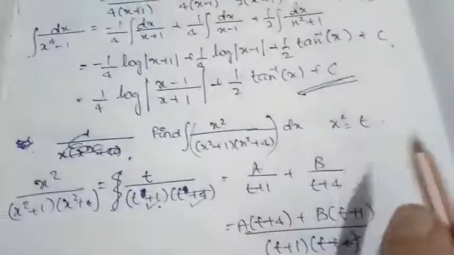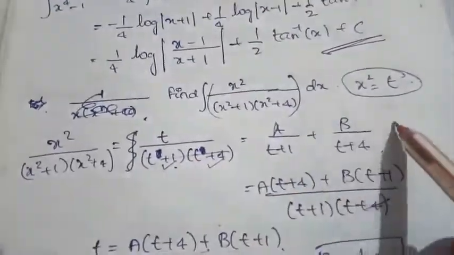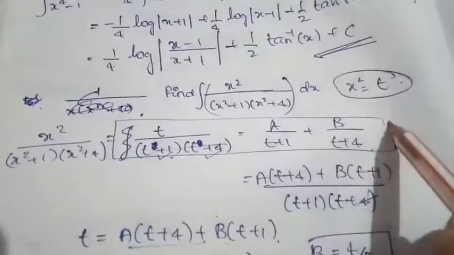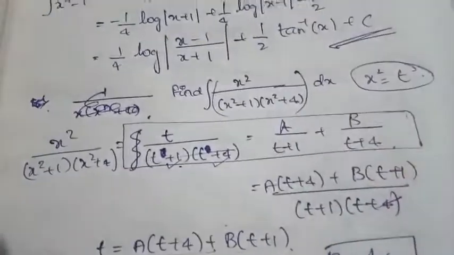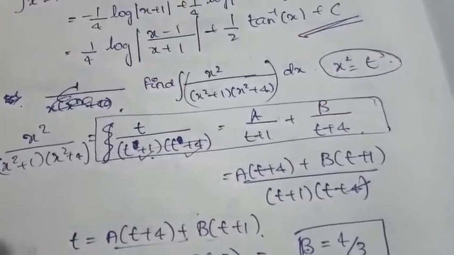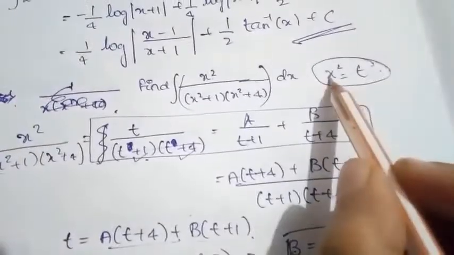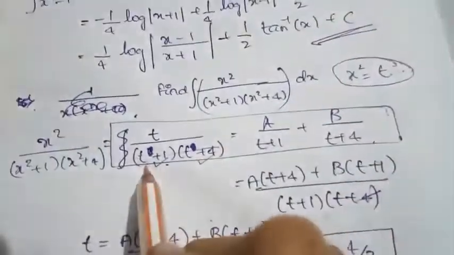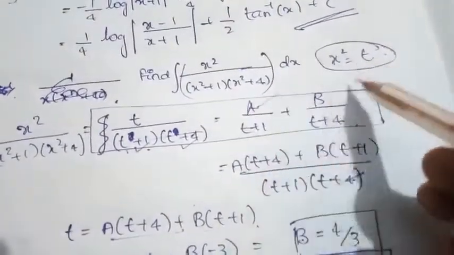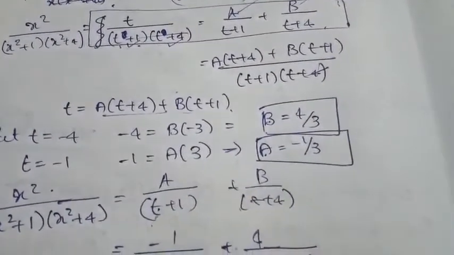So you can see I have done the substitution only for this partial fraction part. I didn't take any substitution method throughout the equation, and the partial fraction method is not followed throughout the equation. I just substituted x square is equal to t in this part. By getting the values of A and B, I again resubstituted back the value of t and got the answer.